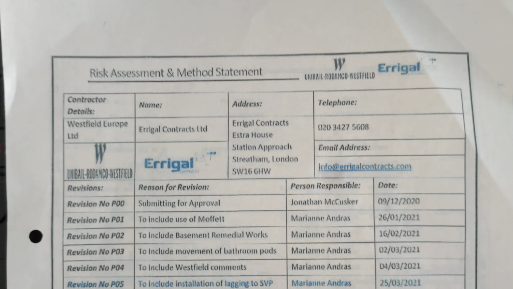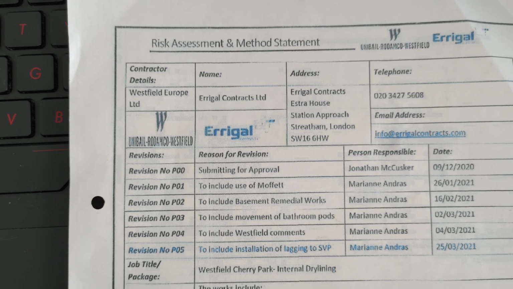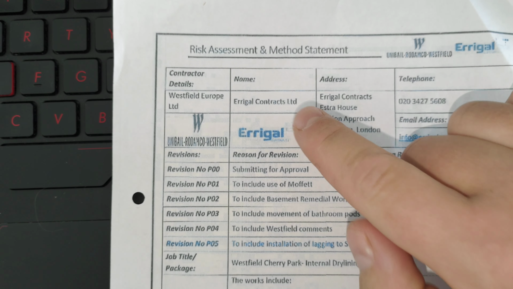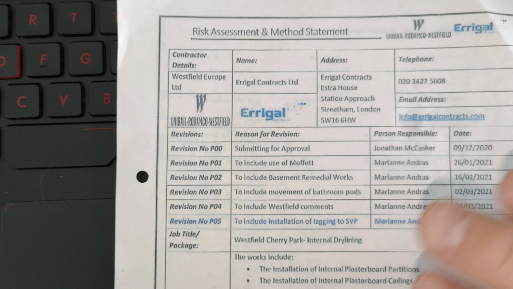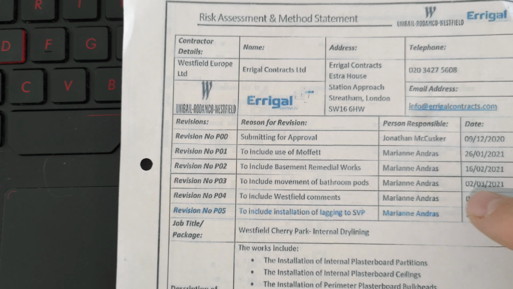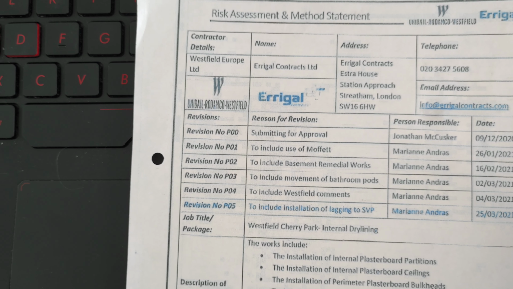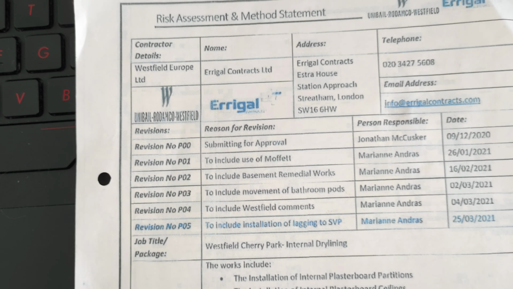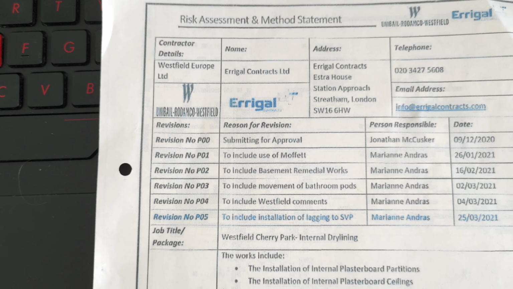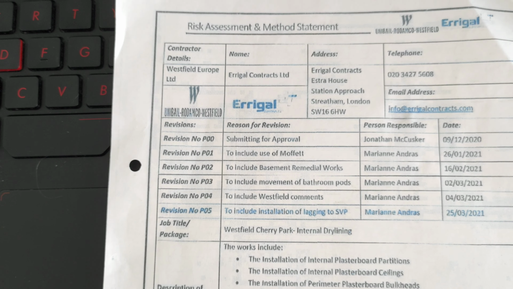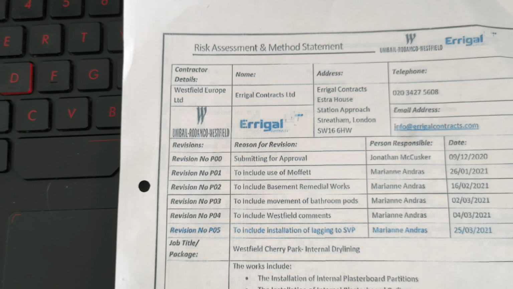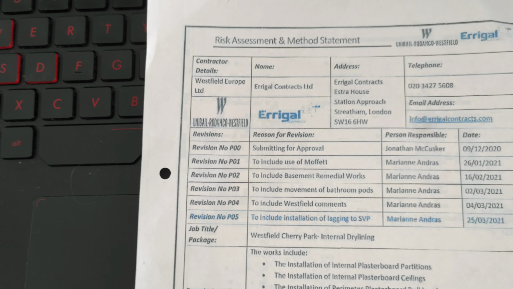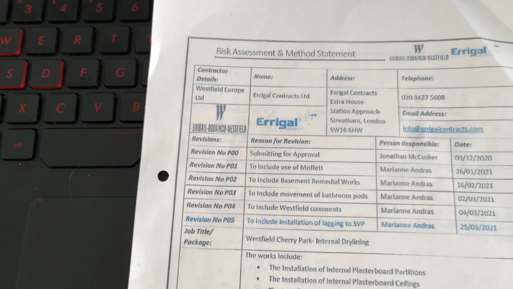Okay, so this is how it looks. As you can see, this is the name of our company. Alright, so we have here some supervisors, some managers on site who are responsible for different kinds of work. Alright, what we have also? We have here